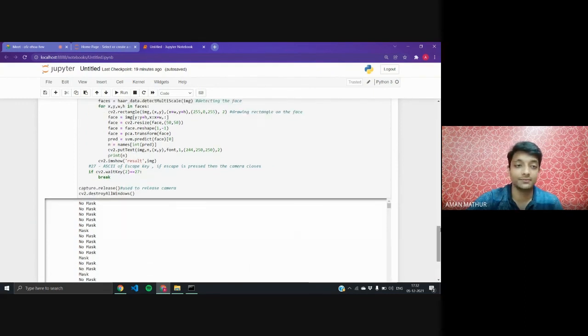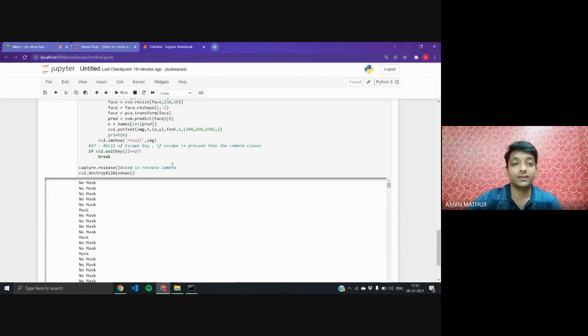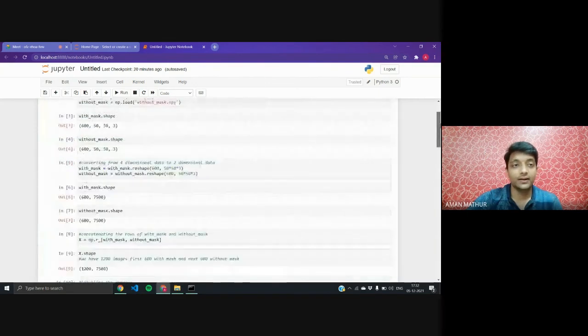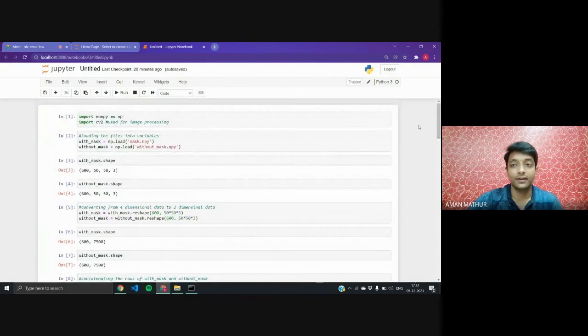And if the escape key is pressed, then our camera will be stopped. Now the capture.release function will be used to release the camera, and cv2.destroyAllWindows will be used to destroy the windows after the main program has ended. So that was the untitled.py file that I have explained.